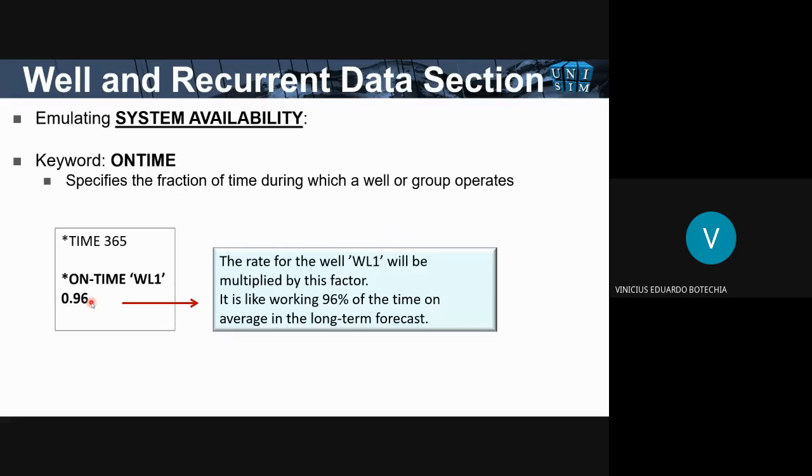This means that the rate of this well will be multiplied by this factor. If I think about a long-term project, this well will not work 100% of the time. This well will work only 96% of the time, because there will be stops for maintenance, some problems of the well that need it to be shut down and then opened again. So you can do that by putting shut-ins and opens of the well, but it's more common for simulation models to do it with the ON TIME, which specifies the availability of the well,